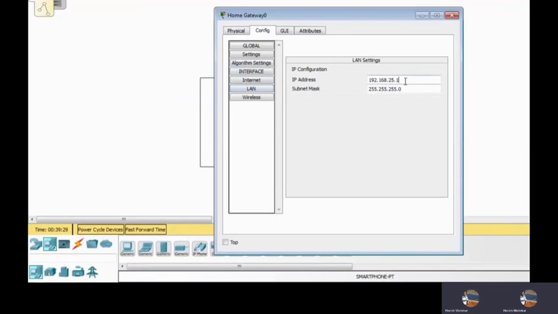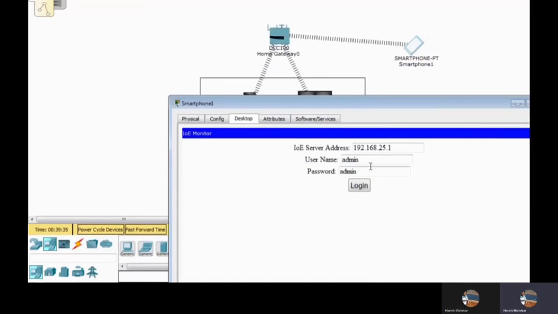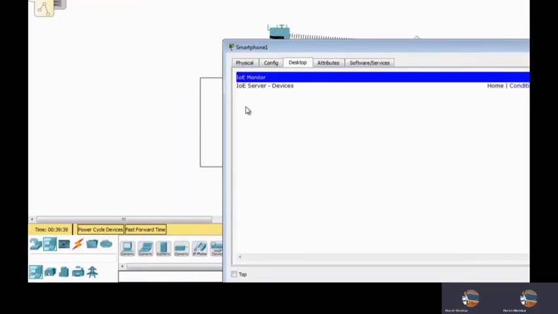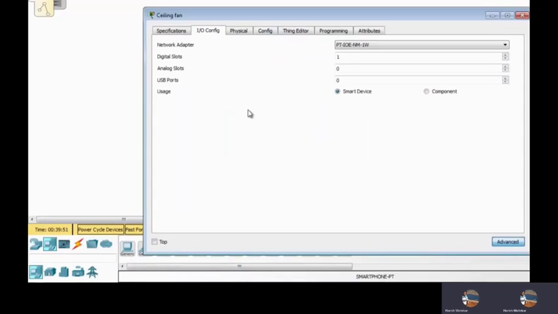Go to the LAN and check this IP address is the same: 192.168.25.1. Now you can see here there is no device. Why? Because we have not made the settings in the devices, like home gateway, home network. We need to make it in the configuration.